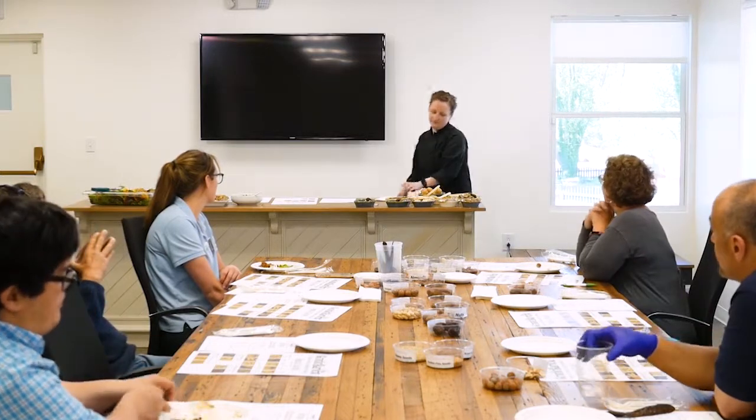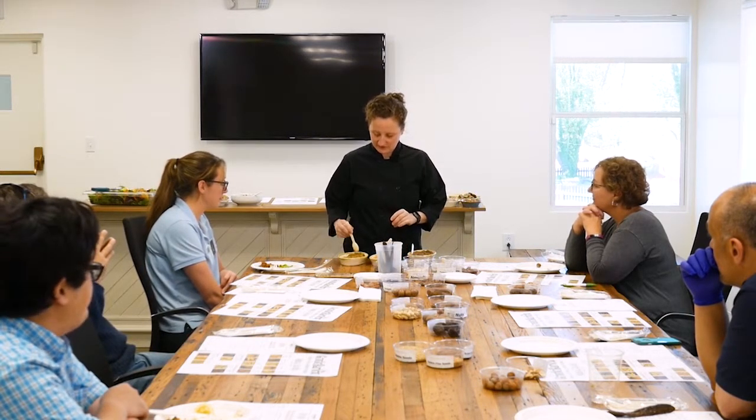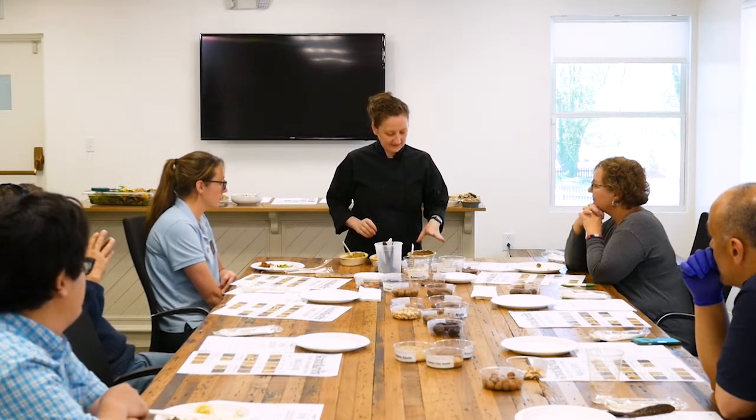Speaking of paste, I made an assortment of nut butters because I wanted to show you the world outside of peanut butter. So I have a couple options here. This is an almond butter that I made with honey and orange zest. This is a pistachio butter, which I just roasted the pistachios and ground them with a little bit of salt. And then this is a pecan butter, and I used maple syrup and